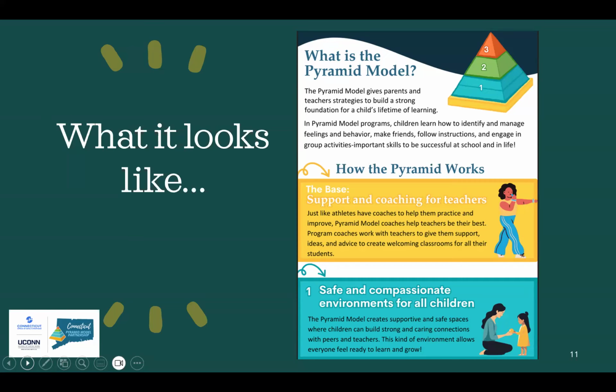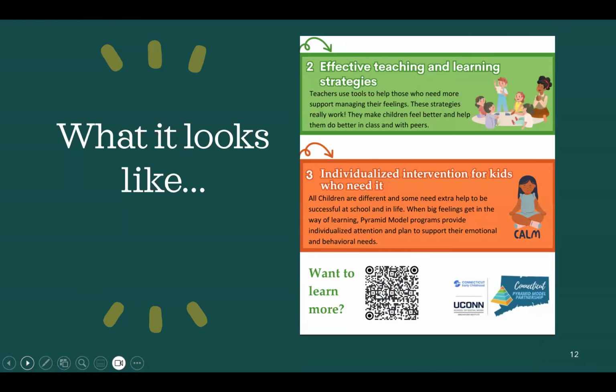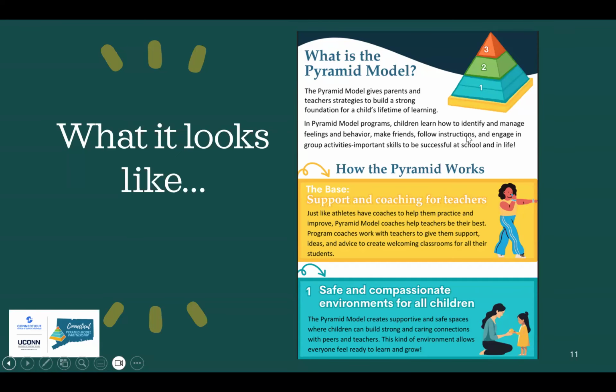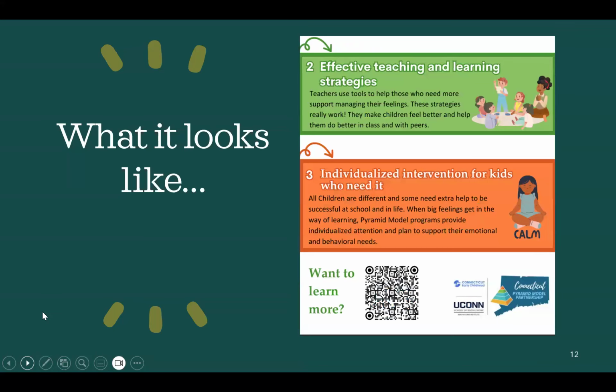Tier one, the dark teal, is safe and compassionate environments for all children. So this is really focusing on relationships and environment, to have security within the interactions, and to have an environment that's set up in consideration of the developmental and social emotional needs of children within that setting. Tier two, going just one up, the middle green in the pyramid, is focusing on effective teaching